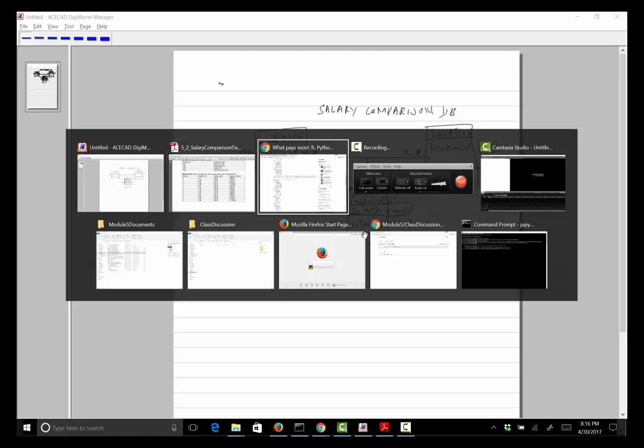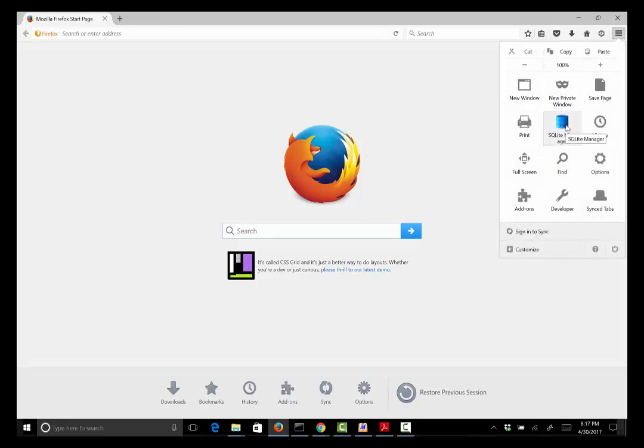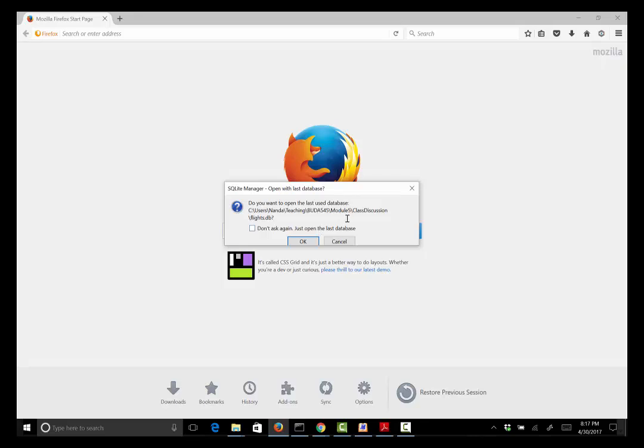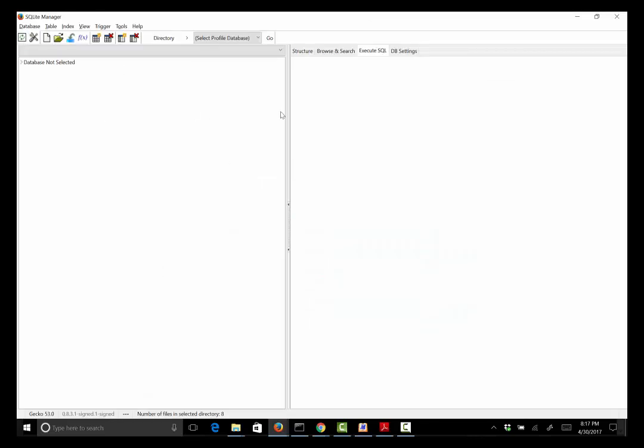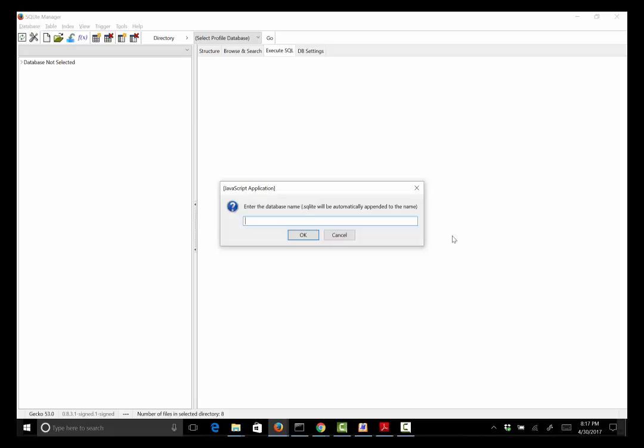Now, looking at how this gets implemented, if you go to Firefox, hopefully most of you have been able to install and set up, add in SQLiteManager. Once you've added it in, you can access it, and it's asking, do I want to open a previous database that I had opened? I will say no. Instead, I'm going to start up and create a new database, file, new database, and I'm going to enter this as